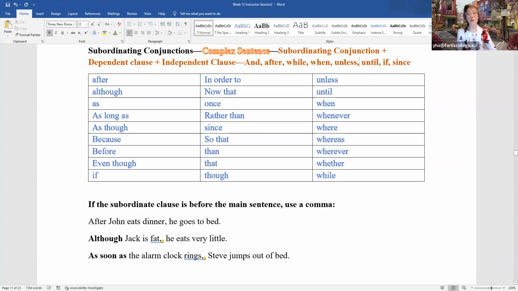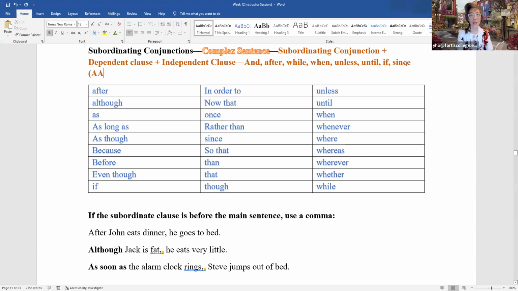So if you remember it as, she's like going, what's an AAWWUUBIS? So it's A-A-W-W-U-U-I-S. I'm missing one. Before. B is before. So that would be right over here. Before. Yeah, that's one way of remembering it, okay? You can remember it as AAWWUUBIS off the top of my head. I feel like I'm missing something, but more or less AAWWUUBIS, because here you can have where and when,